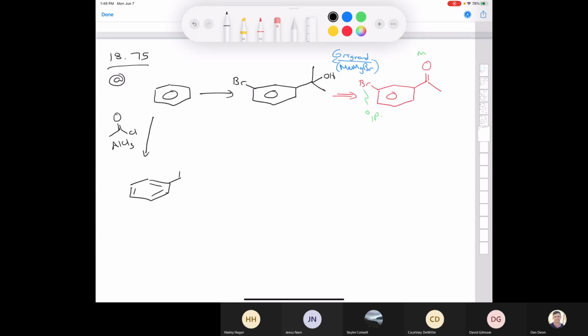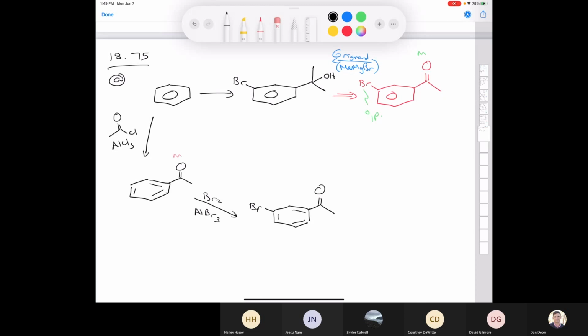So let's put that in. Okay, it's a meta-director. So now we've got a beautiful meta-director. It's a moderate deactivator. There's no reason why we can't do a bromination though. So let's take that and we'll treat it with bromine. And I'll choose aluminum bromide this time. Doesn't matter. You could have chosen iron 3 bromide. That's totally fine. And now we've got this